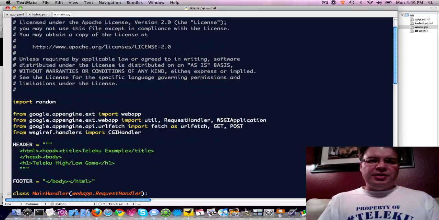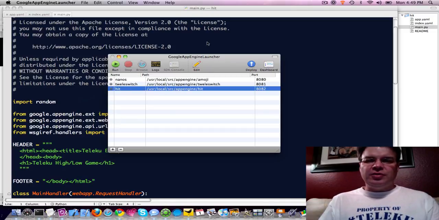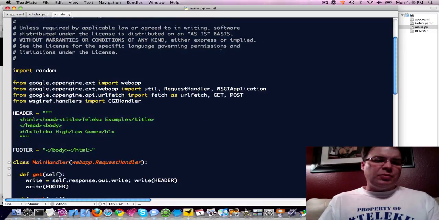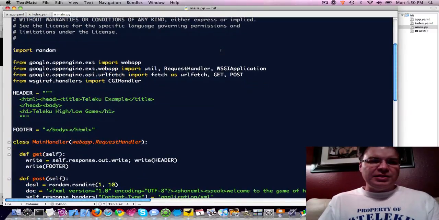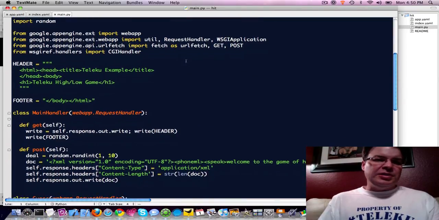This framework was generated using Google AppEngine. So you tell it here to launch or create a new Python application. It creates this framework for you, and I just basically wrote the same application that we did in Ruby, but using Python and Google AppEngine. So once again, just a refresher,